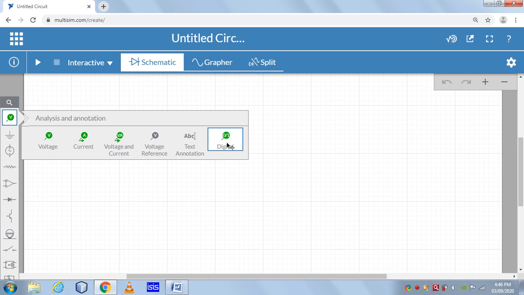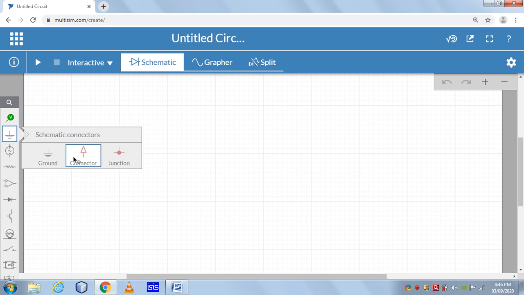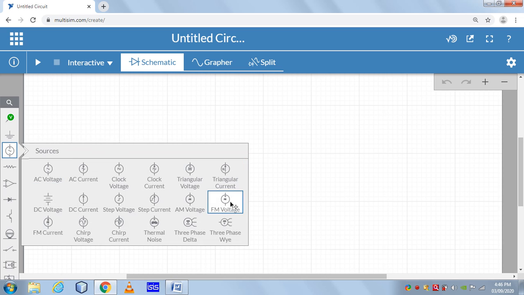These are the grounds, schematic connectors, junction, and these are the sources available: triangular type, clock, AC, DC, clock voltage, clock current, triangular voltage, triangular current. All these sources are easily available, so you can make a variety of circuits.